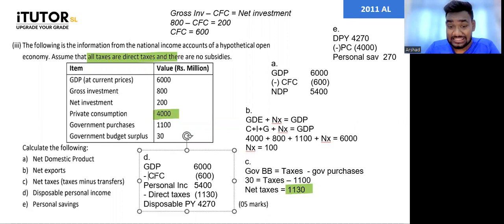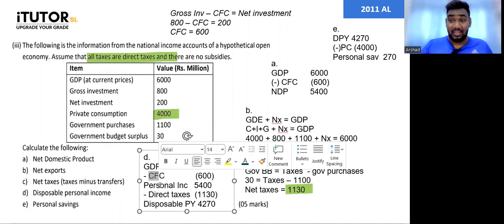Why do we deduct CFC to get to personal income? Now, this comes from the equation. Remember, when going from national income to personal income, there are a lot of things that you need to add and a lot of things that you need to minus. So go back to your tute. It's there in my tute as well. If you are my student, just check. It should be there in any tute that you all study. Okay, so in our question,